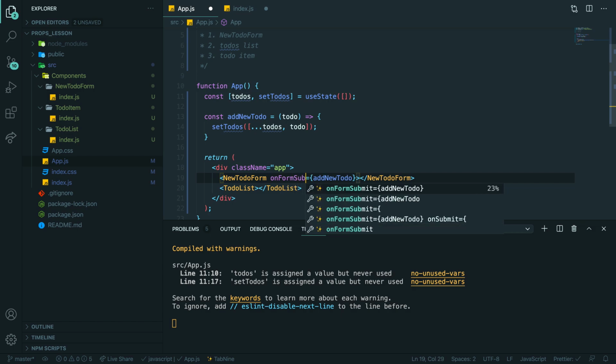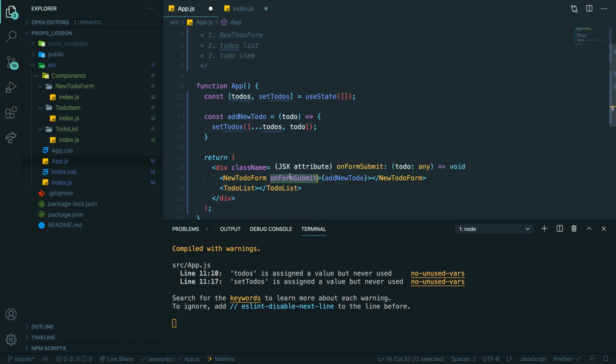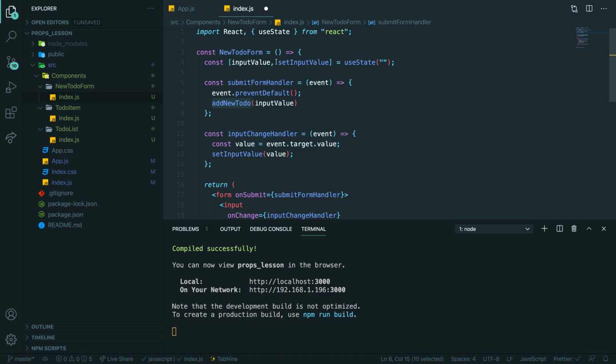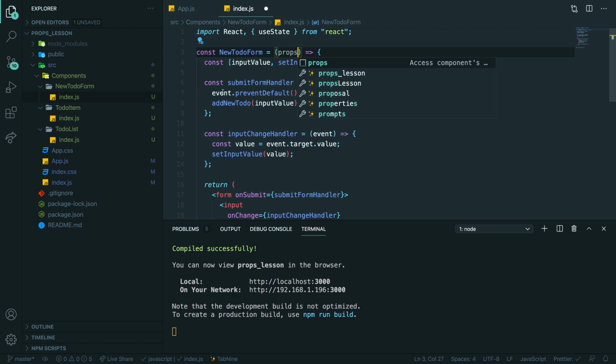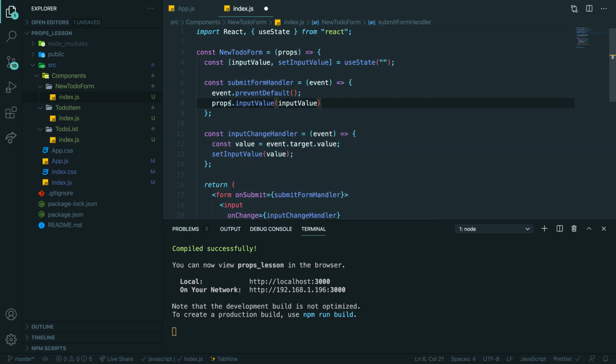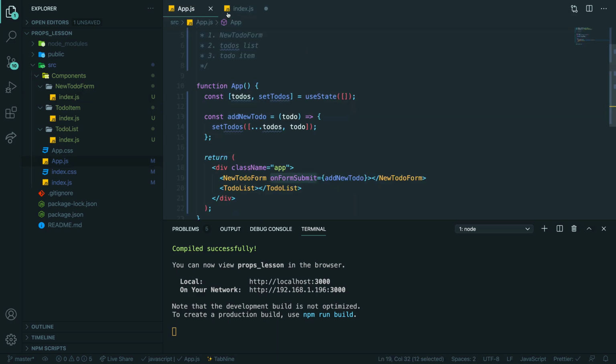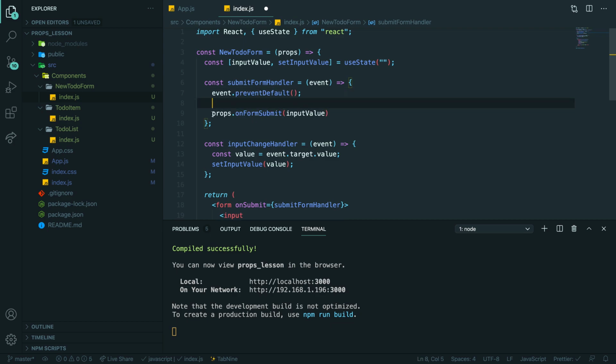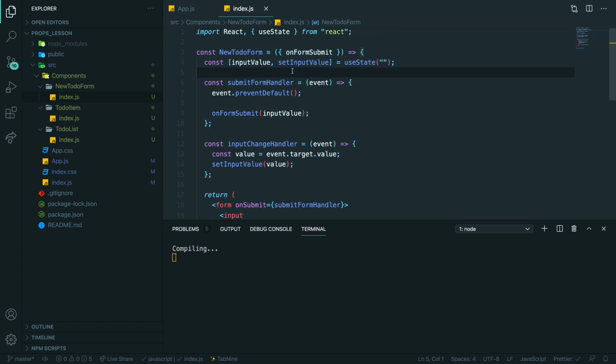on form submit, like this, better name. So on form submit, we pass in a prop to our component. So that means that that will be a part of props, right? So if you want to use it, we will have something like props dot on form submit. Ooh, like this, right? But it is ugly. We don't like to write in that way, so we're just doing this, and we can avoid our props. So I'm destructuring straight away in our component. So let's save